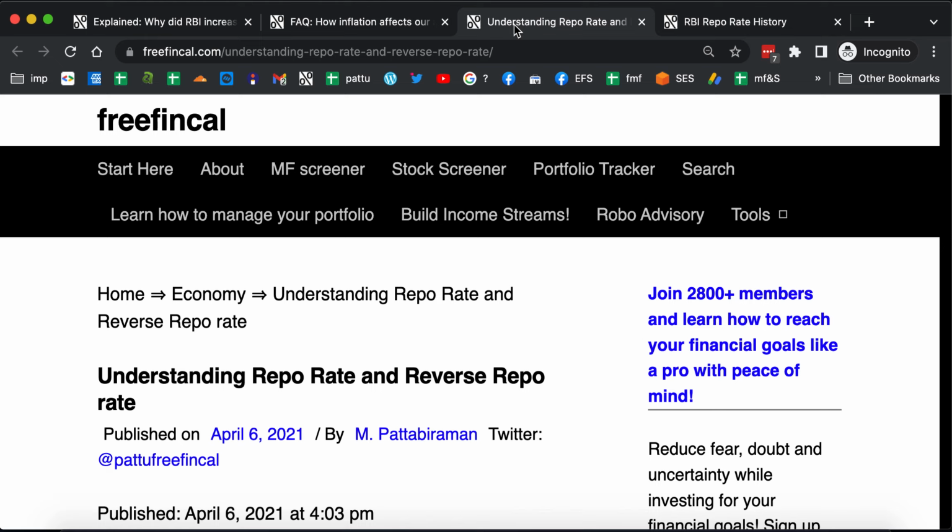Now the bank management may decide that instead of paying a higher repo rate to the RBI, they can hike the deposit rate, and anyway they are not going to immediately pay the deposit. It's going to be only after a few years, depending on the fixed deposit. They may decide to increase fixed deposit rates as well, because then more people will come and invest with them. Then they will have more money to play with. So they may decide that, and of course the increase in FD rate may not come immediately. It depends on the bank, how much they do. The margin, everything will depend on the bank's individual business position, and so on.